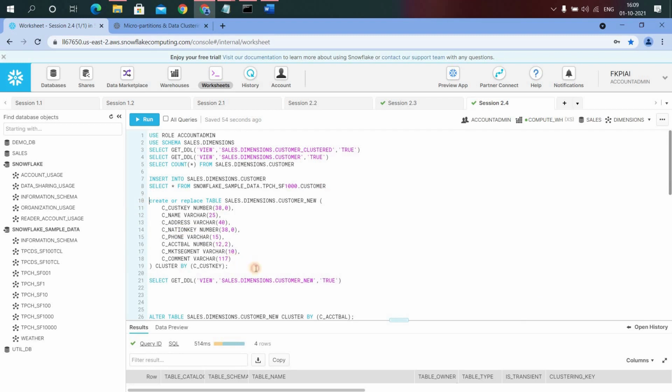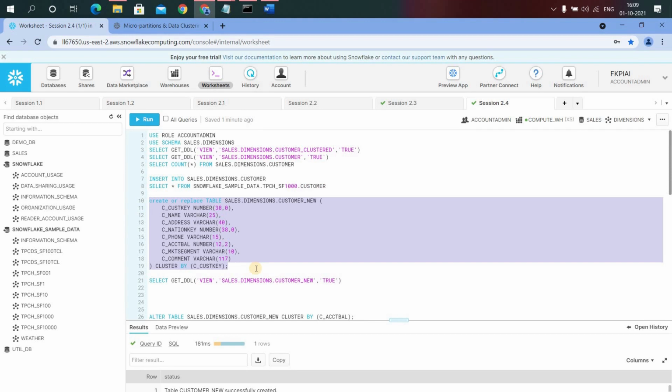When you define a table with clustering keys, what it means is you are asking Snowflake to take care of reclustering. When you create a table with clustering keys, Snowflake starts monitoring the DMLs running on that particular table. If Snowflake finds there is a benefit in performing the clustering, it will start clustering. This is actually a chargeable service.